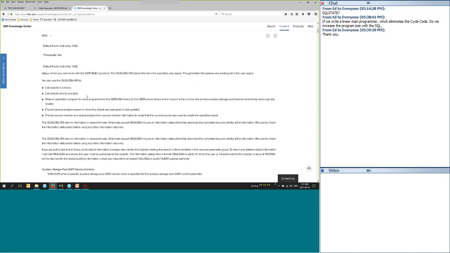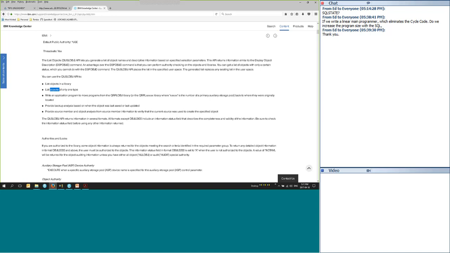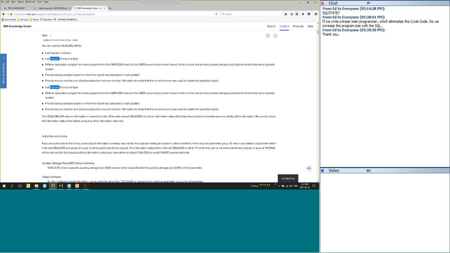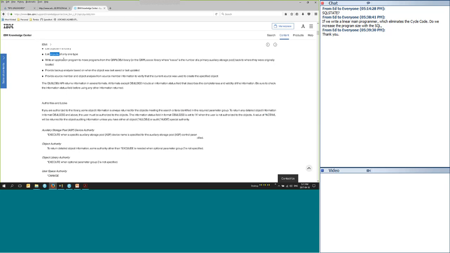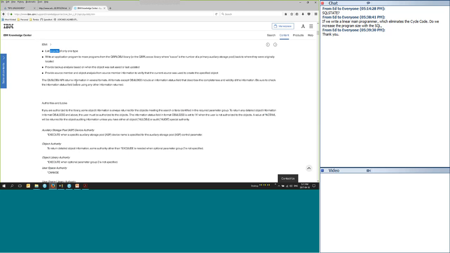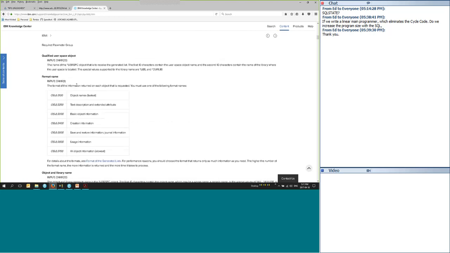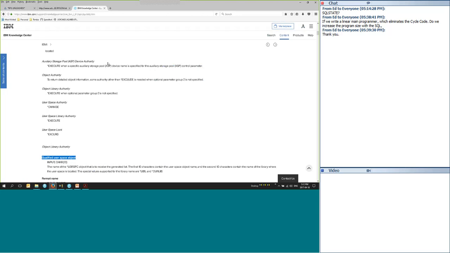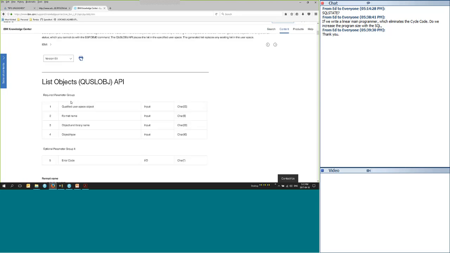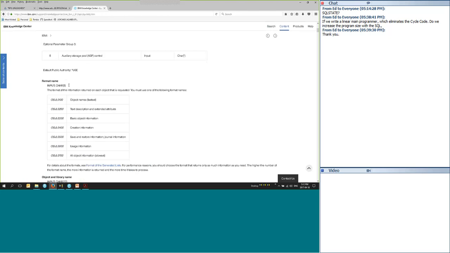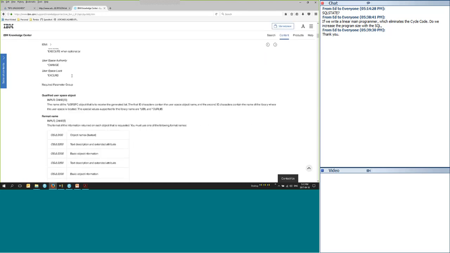Now, this particular API lists objects in a library, lists objects of only one type, and so on and so forth. It has a specification as to what it can do. And here is where we come to a trick that can be used with your enterprise services as well. Qualified user space object is the first parameter in this API. There it is there, qualified user space object. What this is the name, where am I now? Here. Is the name